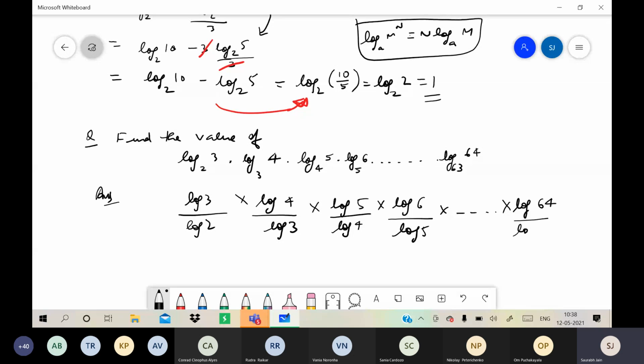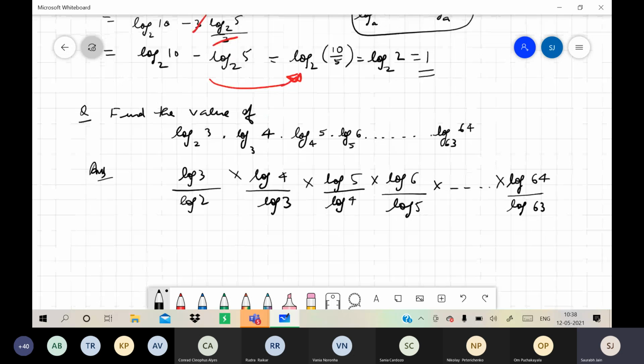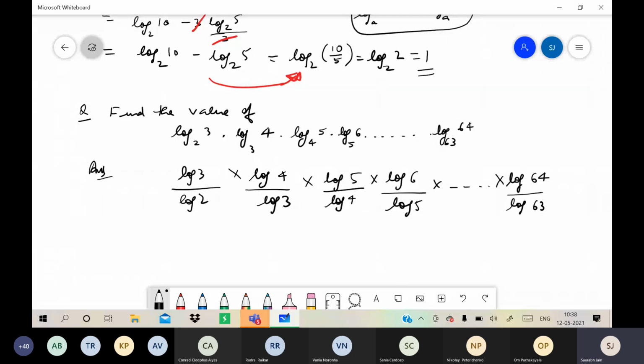See, in all of these terms I have not taken any base till now, right? But I am free to take same base in numerator and denominator. In fact, I can take that same base in all of these terms. Suppose if you want, you can take base 2, 3, 4, 5, 10, whatever you feel like. Suppose I take base 2 here. Everywhere I am taking base 2, because it should be same in numerator and denominator. You can take base as 3 also, 4 also. That will not create any problem. Why? You will come to know.